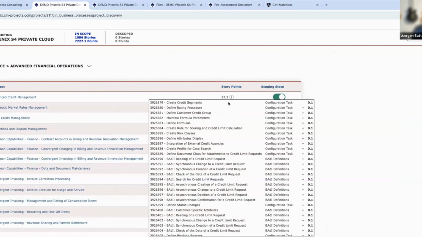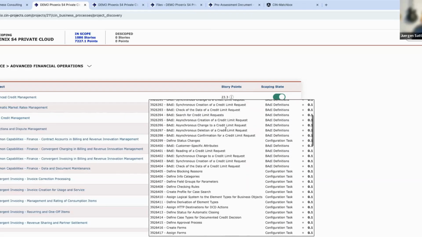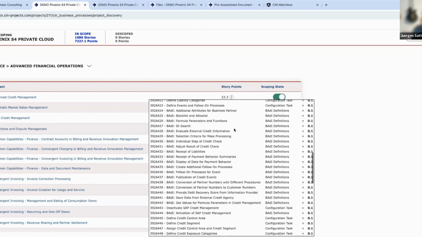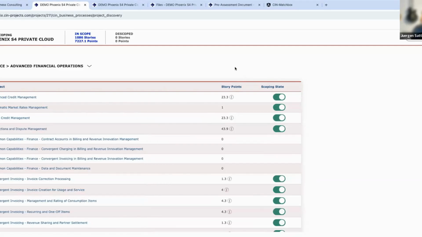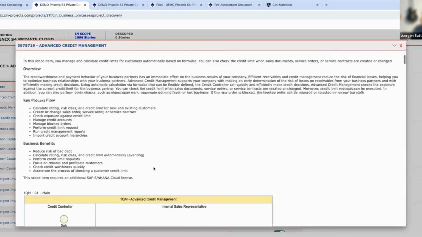effort is there. It gives you the information about the configuration tasks, the bodies which could be implemented or which are implemented in this area. Again, configuration tasks, migration tasks as well, and the print forms. They're all included, master data setup tasks. So all the different tasks you can do to get advanced credit management live are included here as well. So you can immediately get the insights of what advanced credit management is all about